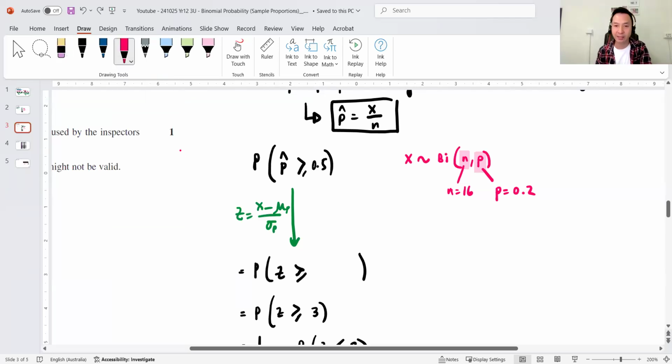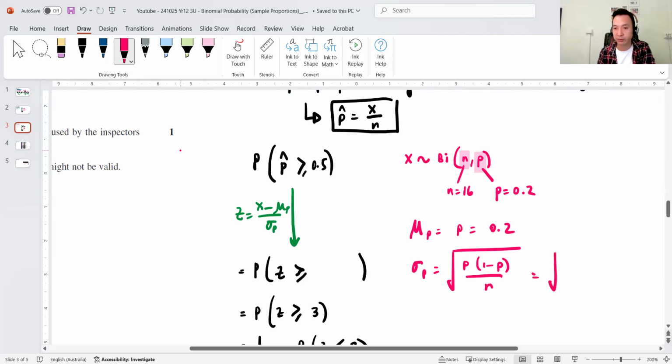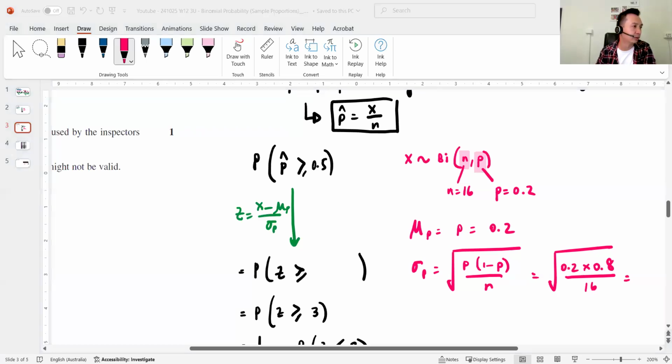So for p hat, I know that mu p is going to be just p, 0.2. And I know that sigma p is going to be the square root of p times 1 minus p on n, from the previous page. That's the square root of 0.2 times 0.8 on 16. If you punch it in the calculator, I believe it's quite nice actually. 0.1. Nice. Now that you've got those numbers, for my standardization step,